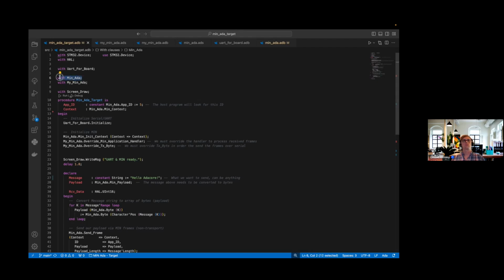Otherwise, we have to implement the min-ada package, which is where all the main Min protocol logic happens. And this min-ada in this case is a package that I also wrote myself, which serves to